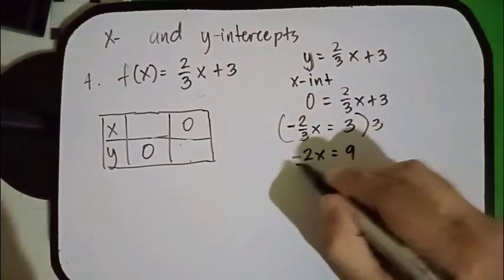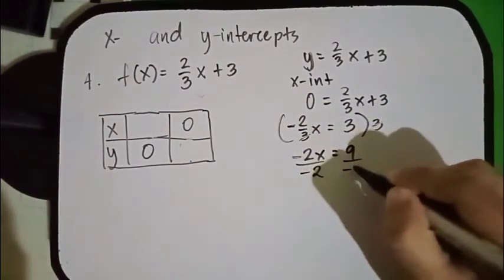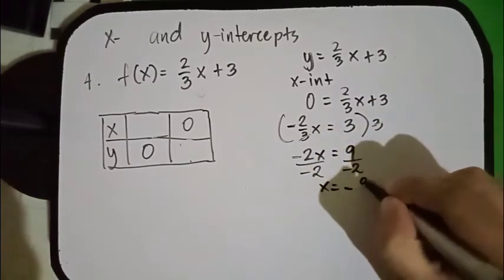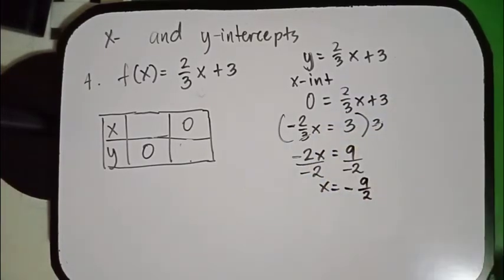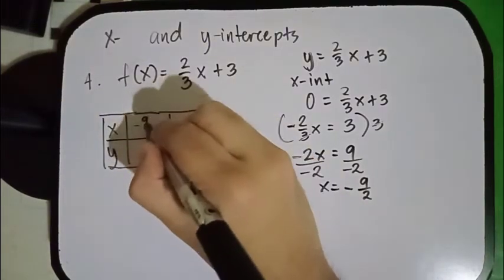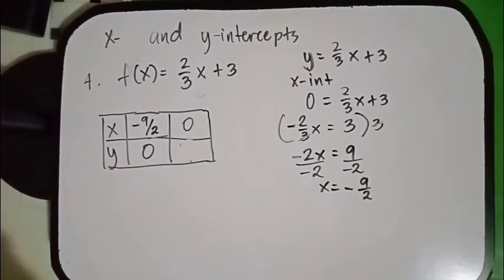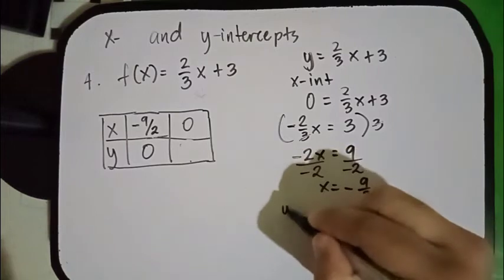And then divide both sides by negative 2. So that we have x is equal to negative 9 over 2. And ayan yung x-intercept natin. Okay? So negative 9 over 2. Ayan. And then sa y-intercept naman,